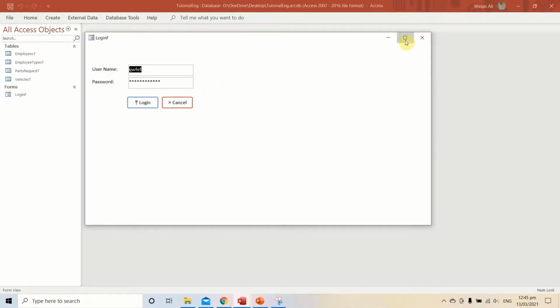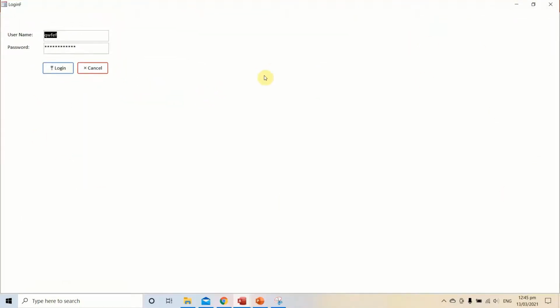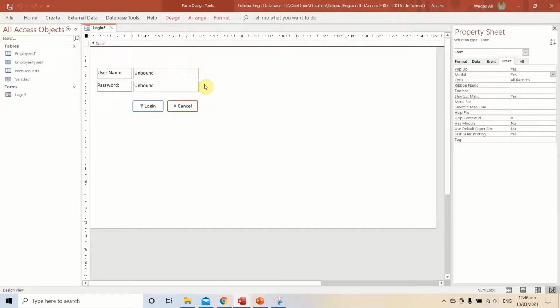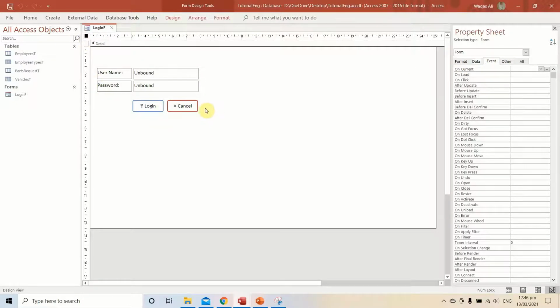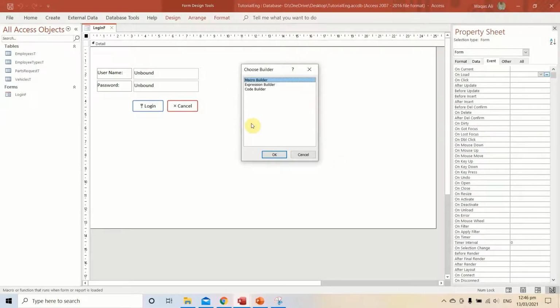Another thing we would like to do is we want this form to be open in full screen, like this. So to do that, we have to do one thing, and that is a small little code we have to put on an event. So what event are we going to use? When someone clicks on the icon, this form will open first, and it should be open in maximized view, so that means on load event. So on load here, if you click on the button, a pop-up window will open. We will choose code builder, we'll click OK,